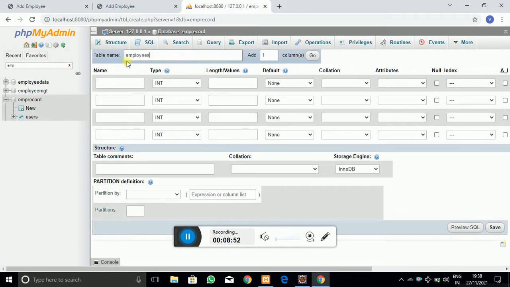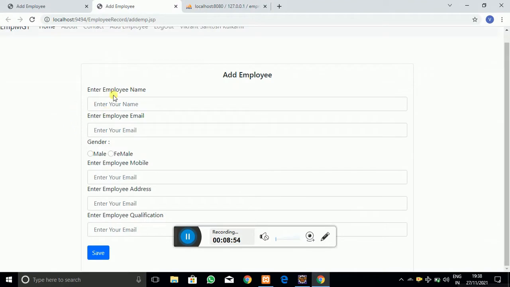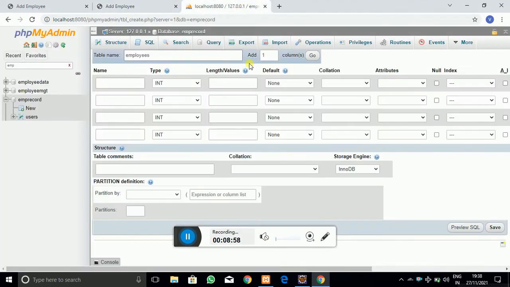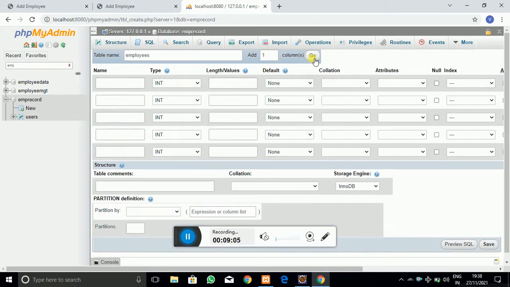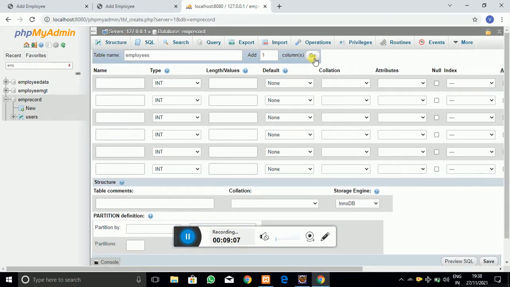Whatever fields I am accepting, that much I have to store in the database. So according to this, I am going to create the database table.